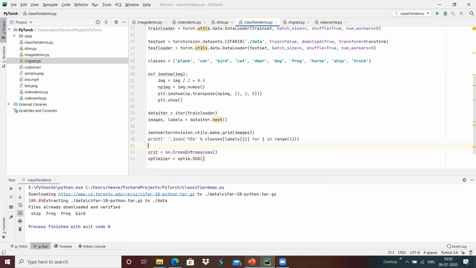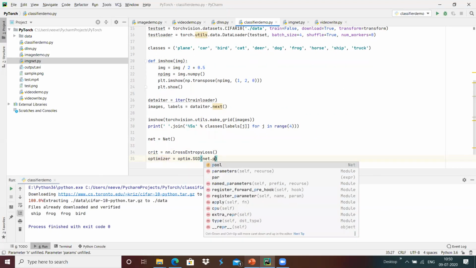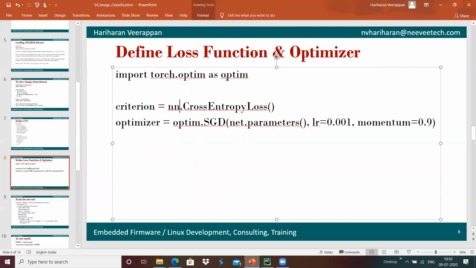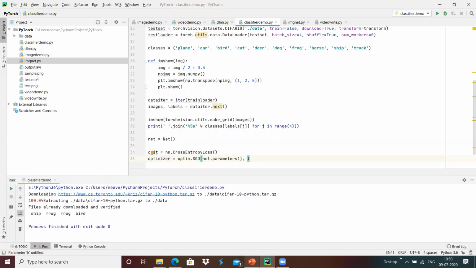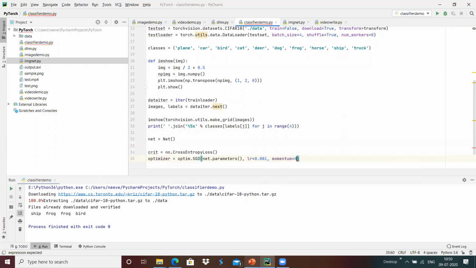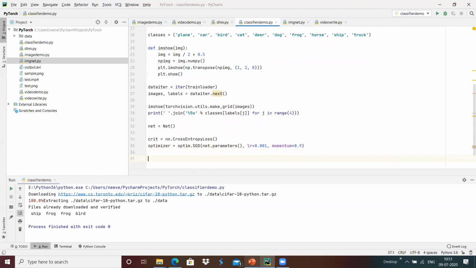Before that I define the net object for the network, and define the optimizer with net.parameters(), giving the learning rate lr equals 0.001 and momentum 0.9, which handle the optimization here.